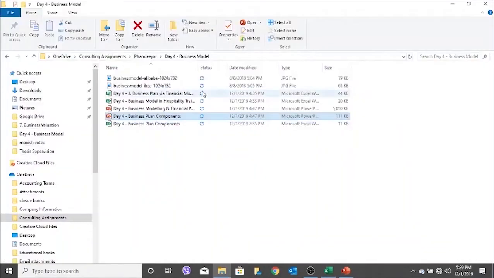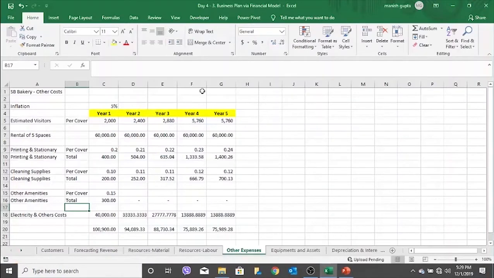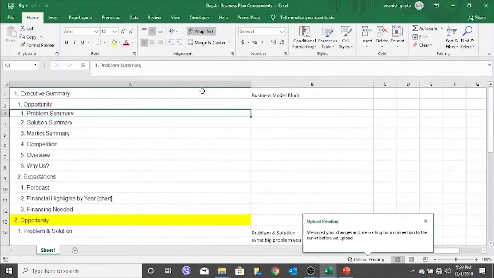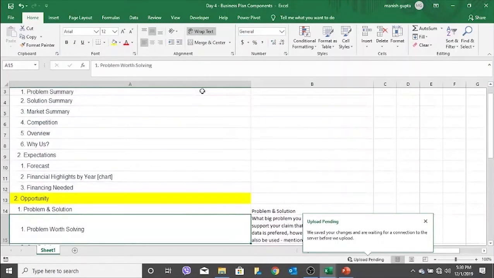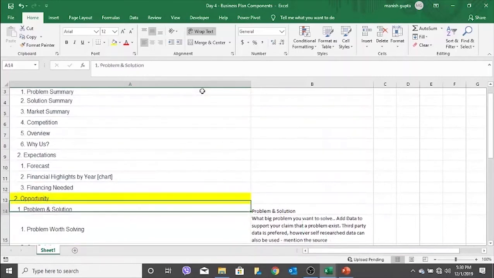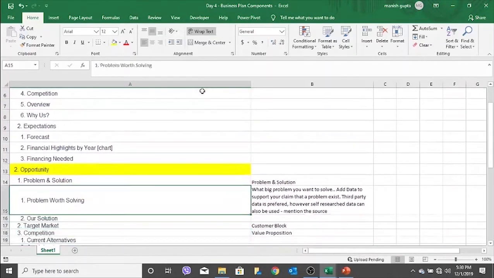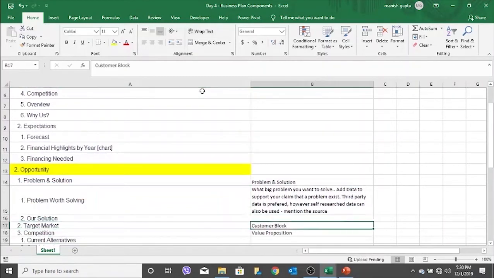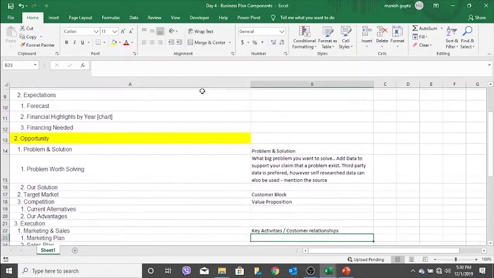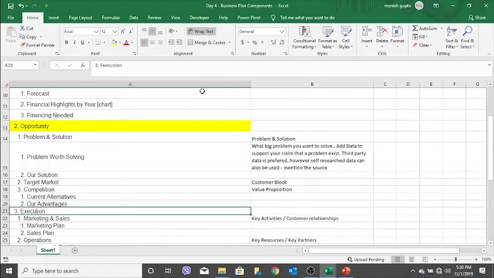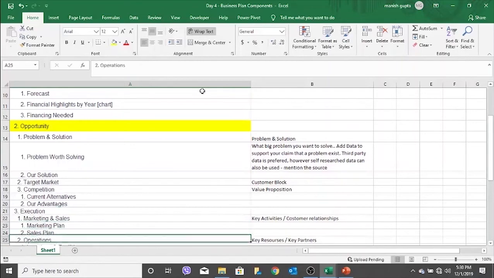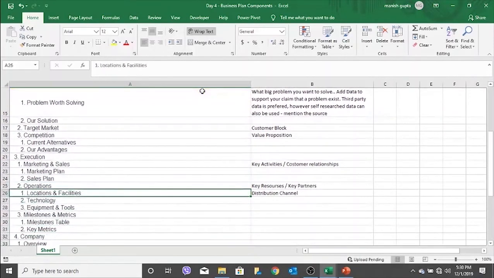So this is something which we will give you, I will pass it on to you also. It is the components of a business plan. Usually this is what you need in a business plan. Executive summary, 2 to 3 pages, and then after that you need details for the opportunity, more details about the problem worth solving, and then what kind of solutions you want, what is your target market, what is your competition, current alternatives, your advantage, execution, how will you execute this idea, your marketing plan, sales plan, then your operations, location, facilities,